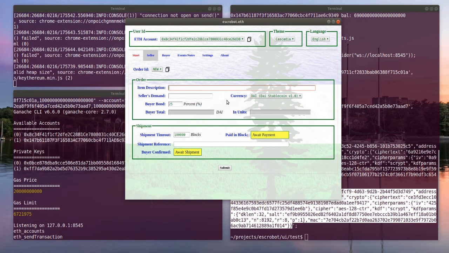So as seller, I'm going to fill this out. And we're going to make the deal for, I don't know, 0.2 Ether. You can select different currencies. You can use Ether or you can use any ERC20 coin, and I'm going to show how to load a different coin in a minute here, but for now let's just say